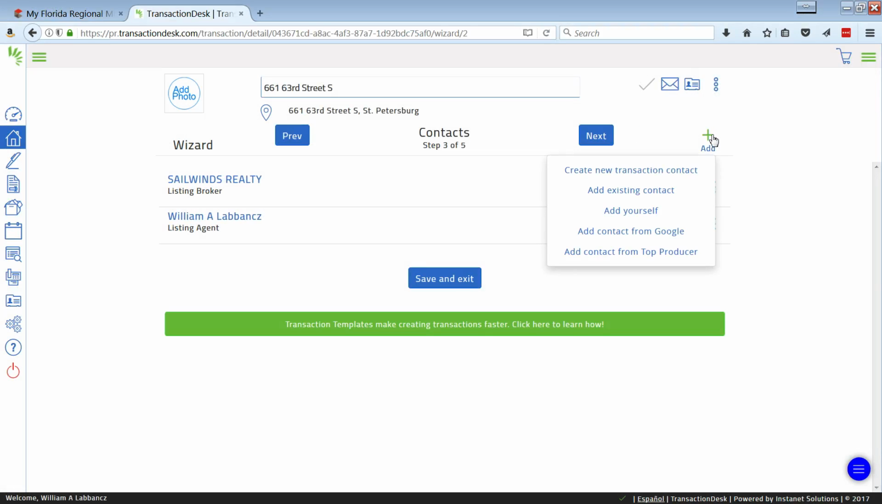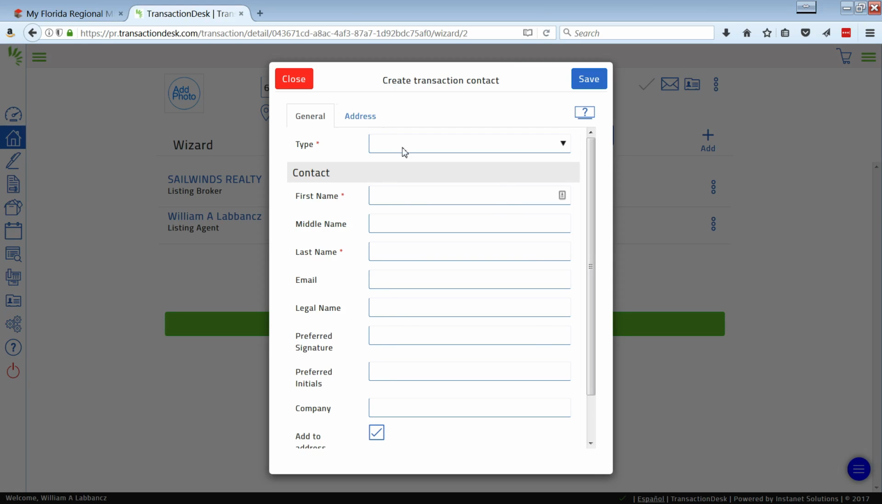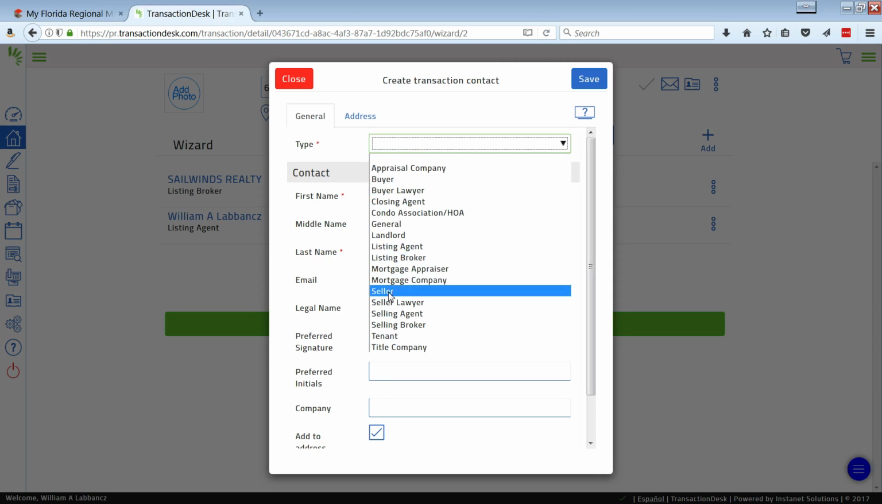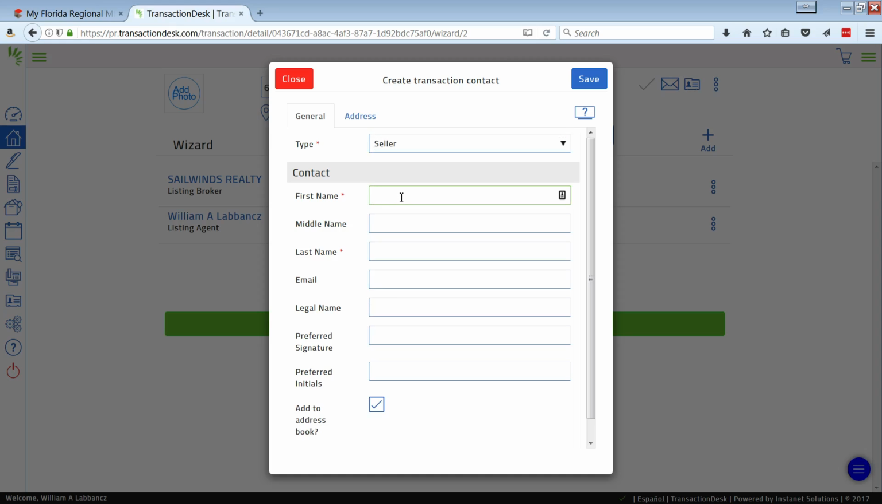So we select Add, and I'm going to add a contact for this transaction. And this person is the seller. Their first name, last name,